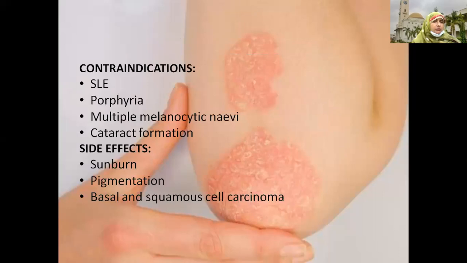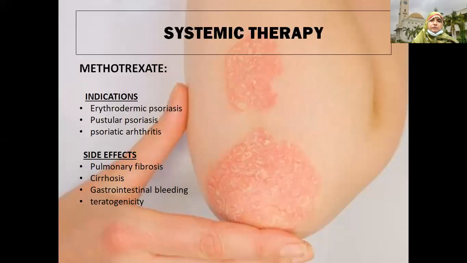And side effects, there may be burns, even increased pigmentation and increased incidence of skin cancers like basal cell carcinoma and squamous cell carcinoma. Then among the systemic therapy, when more than 30% of the body area is involved, and it's not getting any better with the topical, with antihistamines, or even with the phototherapy, then we go for systemic therapy, among which we have